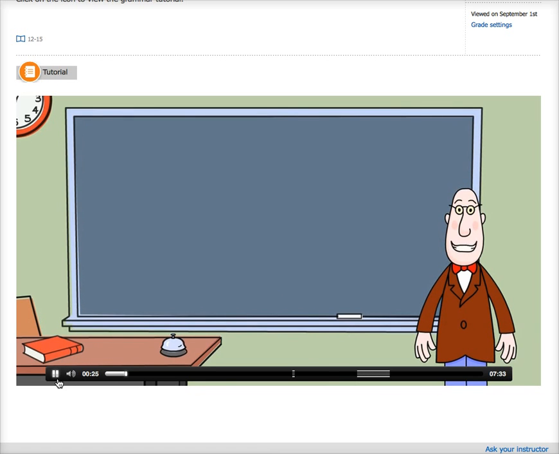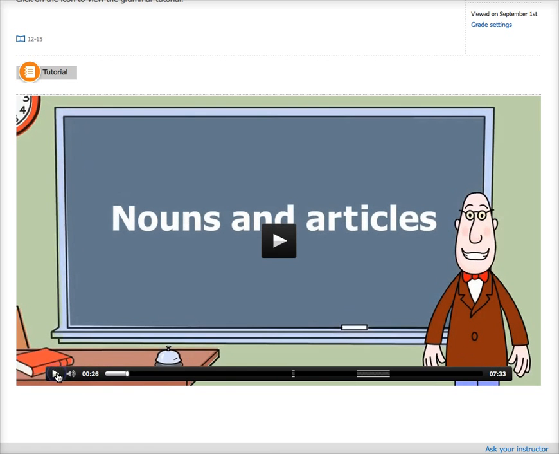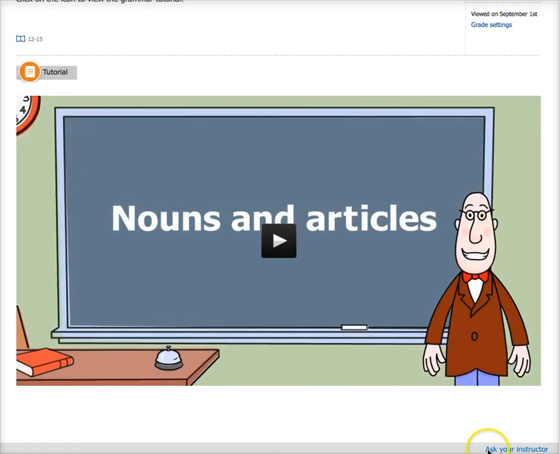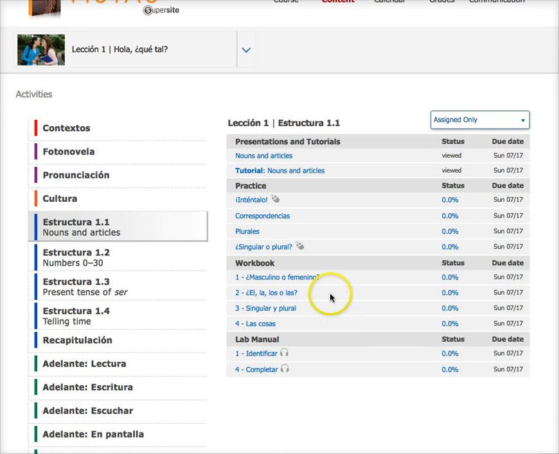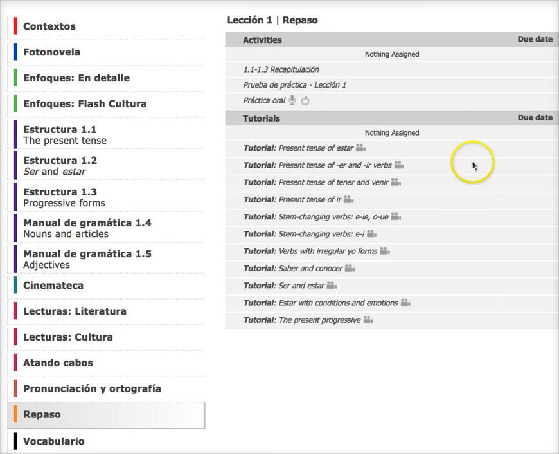Our first topic is nouns and articles. If you're having a difficult time finding the grammar tutorials, perhaps you are in a book that has the grammar tutorials in this section. So here,